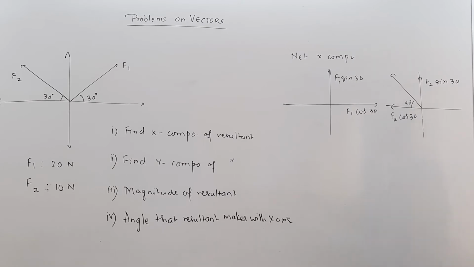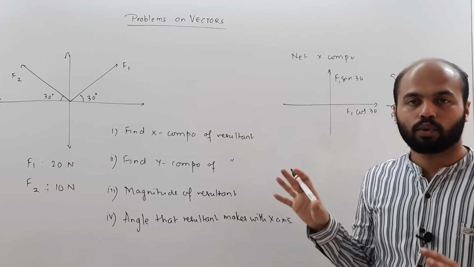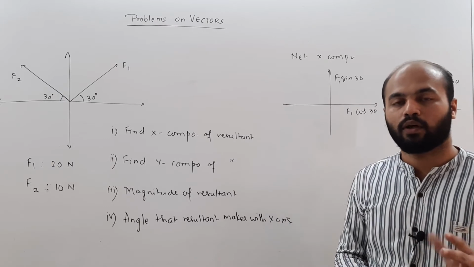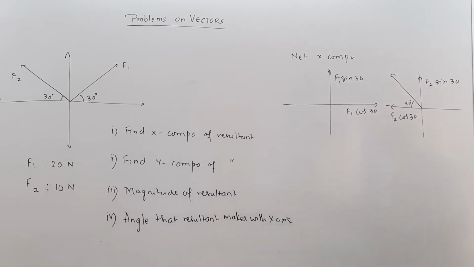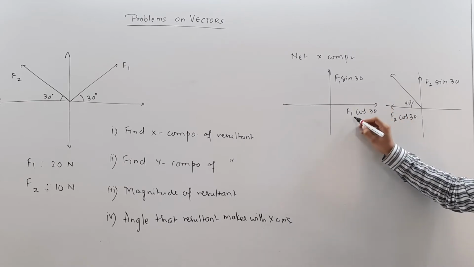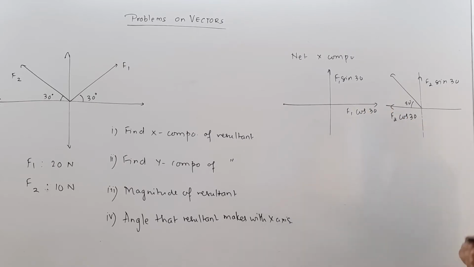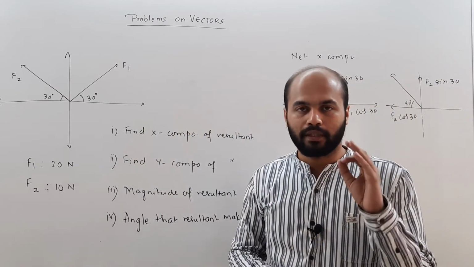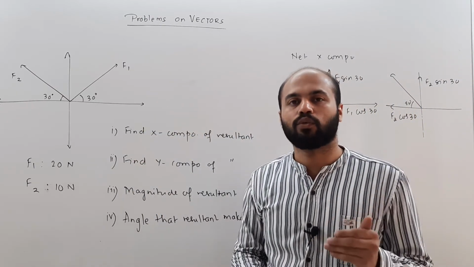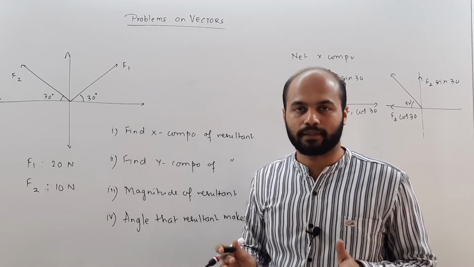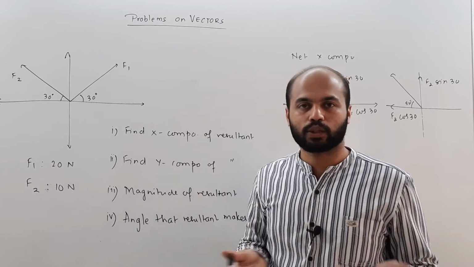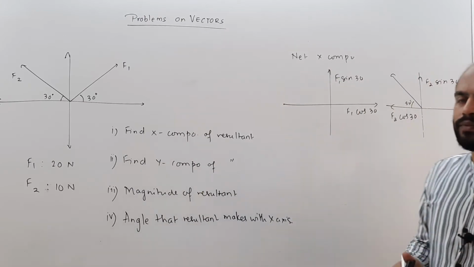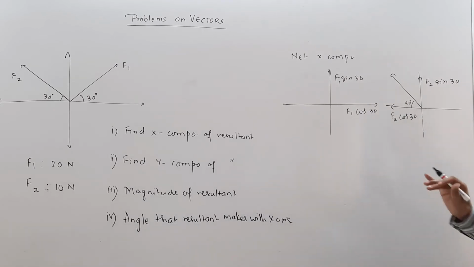Now we have to combine both the x component and y component of both the vectors. So if I have to find the x component, then it's going to be this component minus this component, because ultimately they are acting together at a certain point. So the net effect of x component and y component we have to consider for both the vectors. Now there might be more than two vectors also at times, so we'll solve those kinds of problems also. But for now, if I want to write